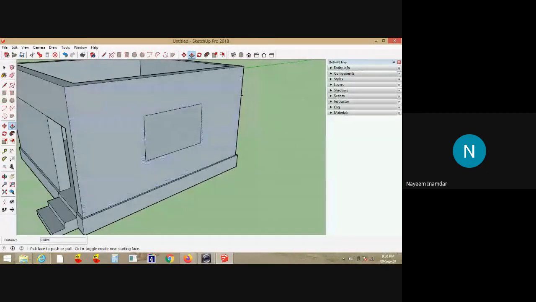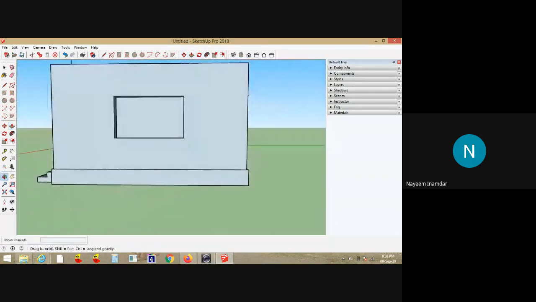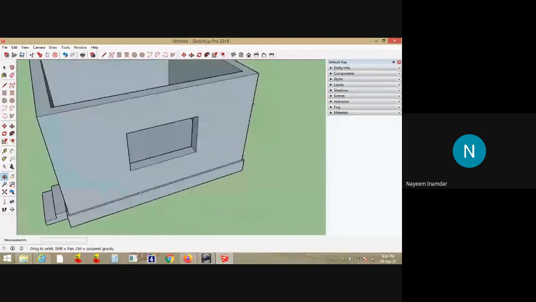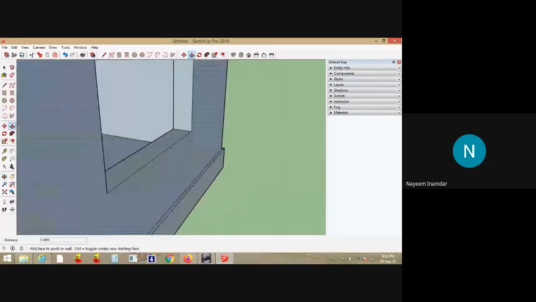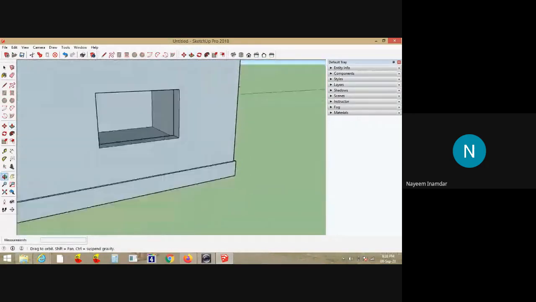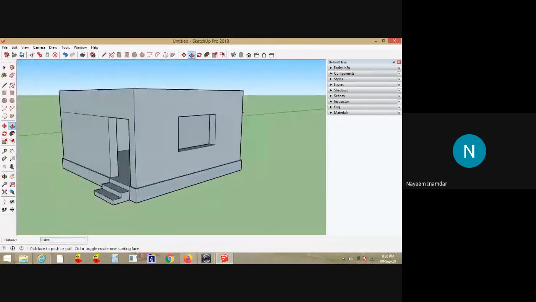See here. This one is dotted, so it is ready to take the action with which the command is operating. I'll click it and drag inward. You can see here on face. See how beautiful the software is. Very easy to use. Now you can appreciate the beauty of this SketchUp.